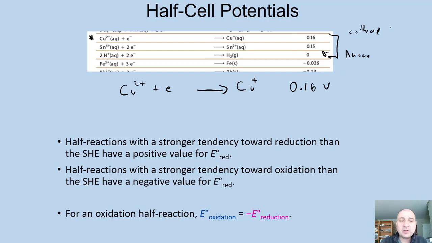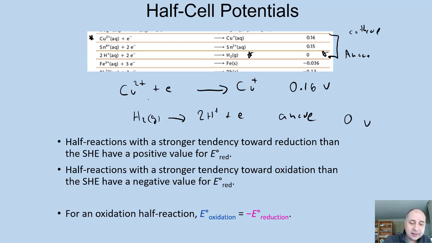Okay, and so the reverse would happen here. You would have to flip this electrode here. Hydrogen would go to hydrogen ions and electrons, and this would be the anode. But I actually wanted to show you, and this is unfortunately still 0 volts, but if the reverse was to happen, if I flip the copper reaction, and I'm kind of running out of space, but if I reverse this, copper plus goes to copper plus 2 and 1 electron, then I would just simply give this a negative